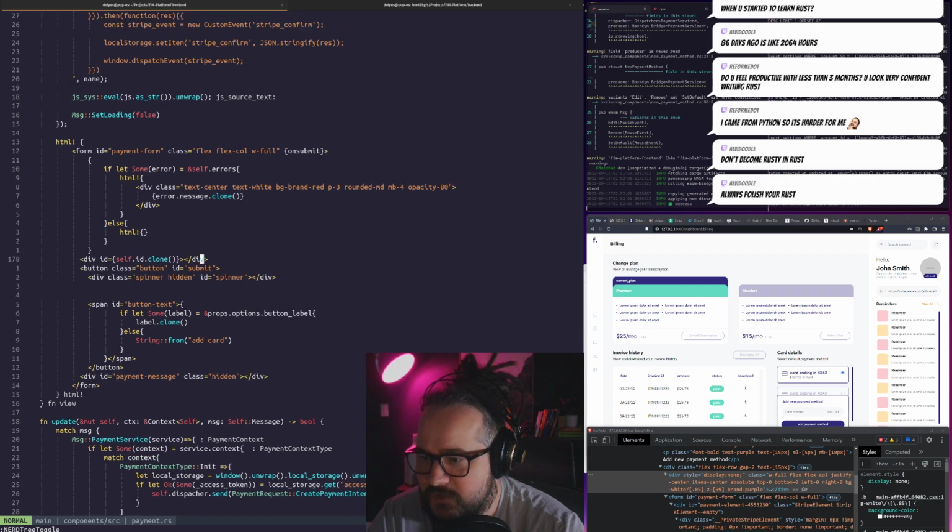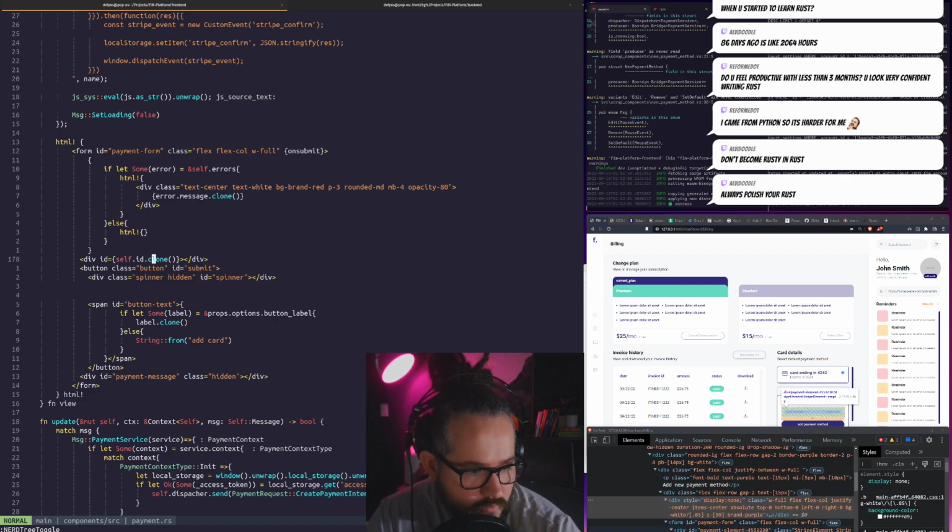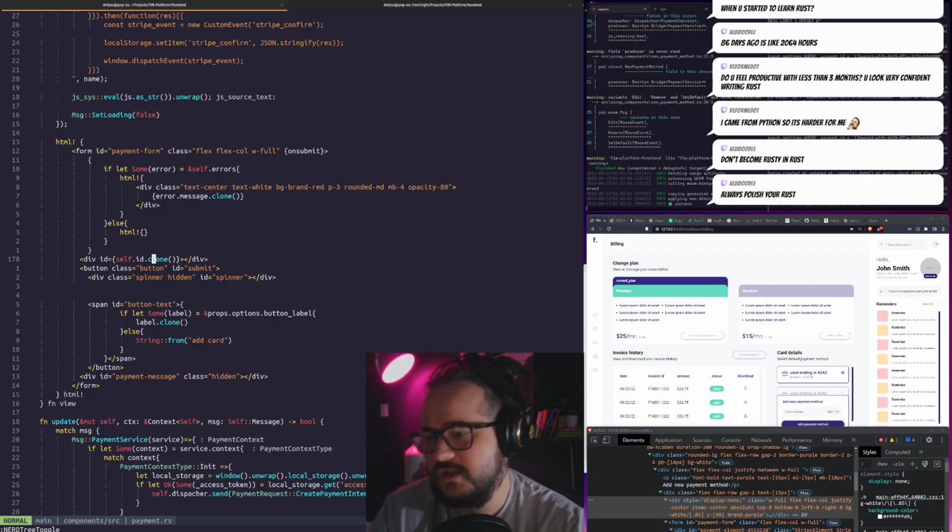This is our div, our ID, which is this guy. Oh, okay. The class isn't set. The class isn't set until the stripe element is loaded onto the virtual DOM. Okay, so then I have to